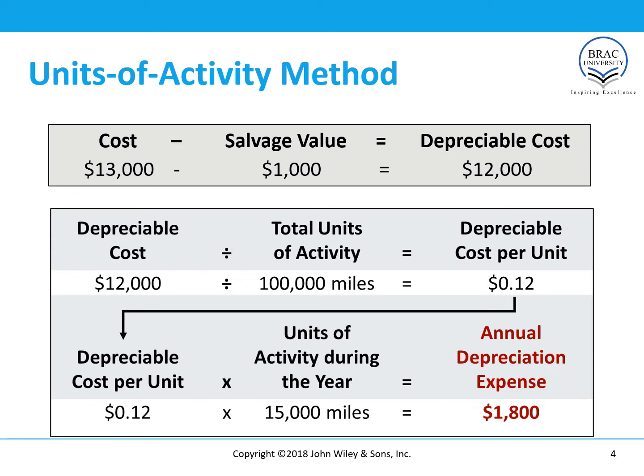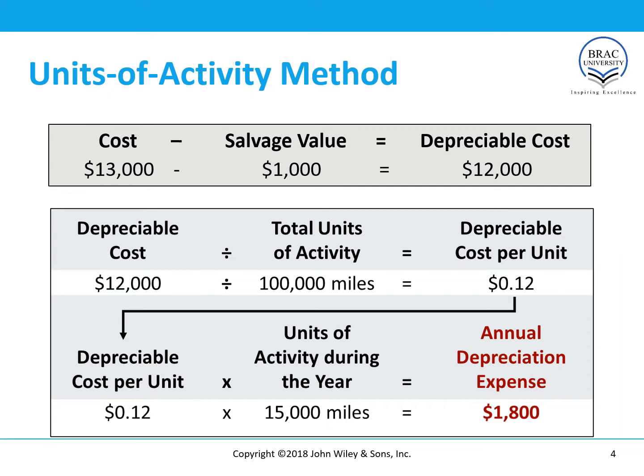After getting the depreciable cost, the second step is to divide the depreciable cost by the total units of activity for the useful life of the plant asset, and by that we determine the depreciable cost per unit. So here we are interested to know the depreciable cost per unit. For this illustration, we had the depreciable cost of $12,000, and we divide it by 100,000 miles, which was given for the delivery truck, and we get the depreciable cost per unit as